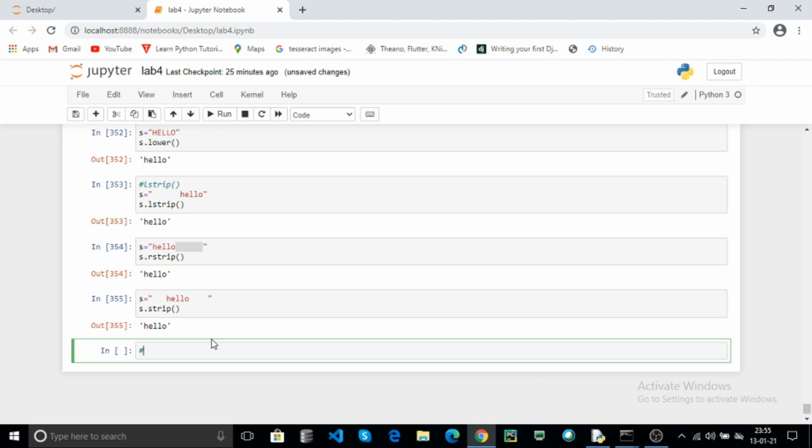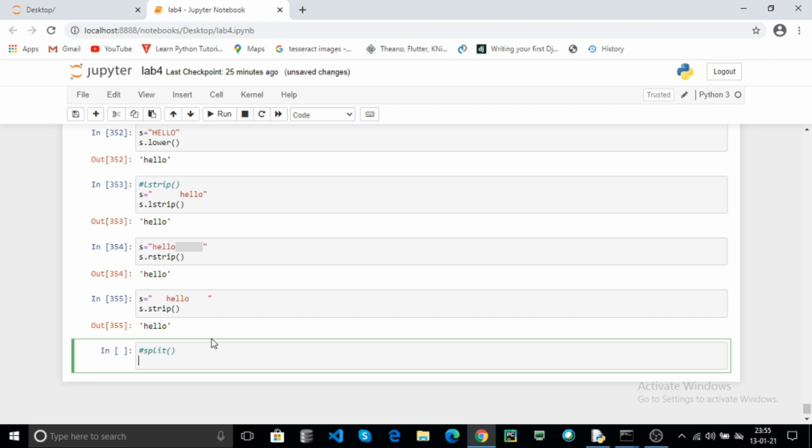Now you can use split. The split method is used to split your data. For example, this is your string, 1, 2, 3. Use the split method separated by comma. This means after 1 the comma is used in the string. For example, here the string is 1 comma 2 comma 3. Here the comma is placed in the string.